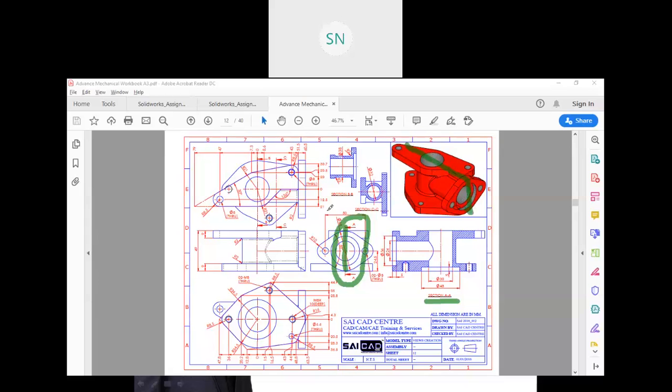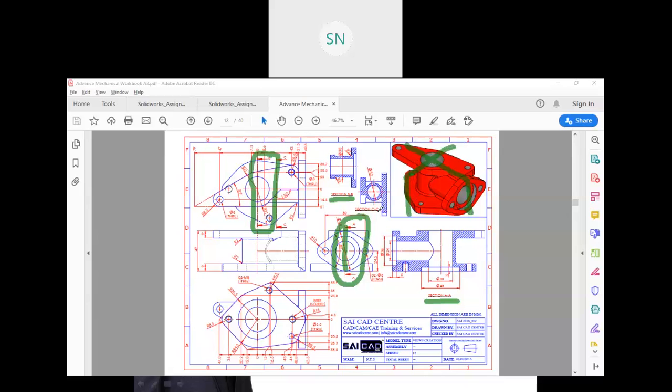right? Then here we have section BB. Find out where BB is written. Here it is B and B, right? And this is our top view from the top, and we actually cut it like this. So this is our section like this. So this is our section BB. This is our section AA from this position and from this position.